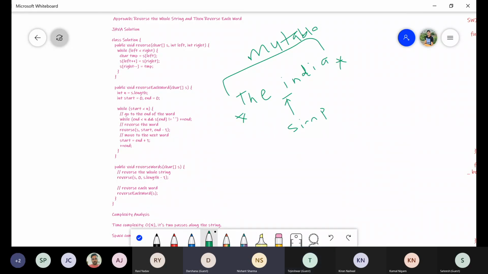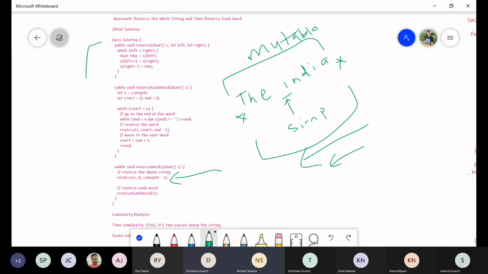We already discussed the same approach for this string, like we already considered this subset in the previous problem. Earlier, what we did is we tried to reverse the complete string and then we tried to reverse the words. We can follow that approach and do this directly in memory only. So let's see how we are doing this. This is the main method, reverseWords. In this we first call reverse, which will basically reverse the whole string.